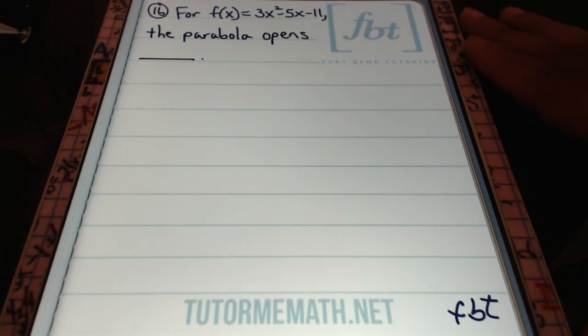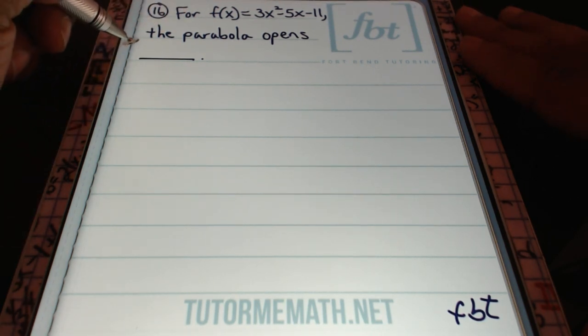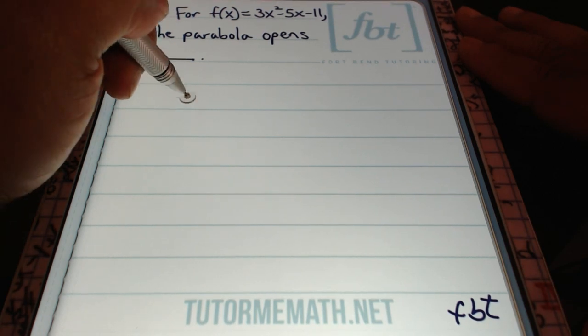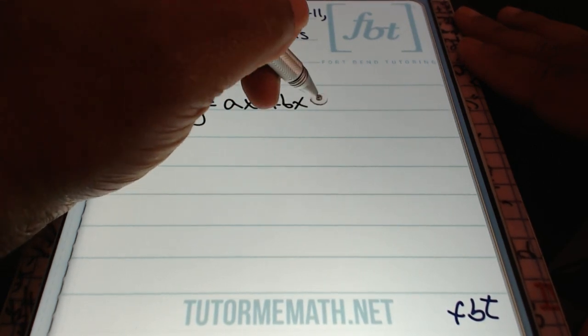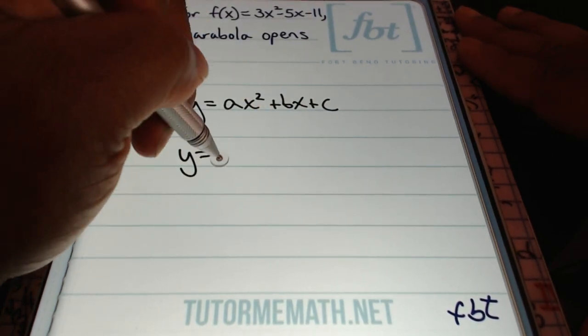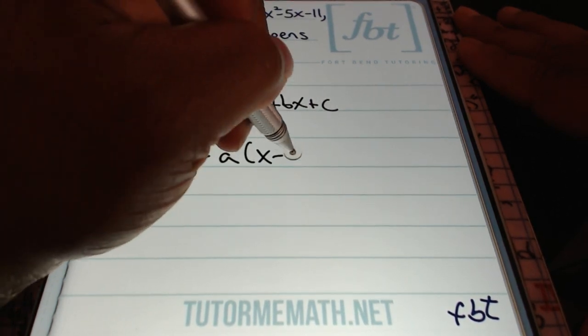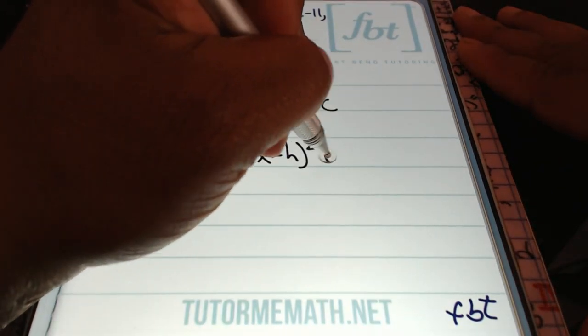It says for f of x equals 3x squared minus 5x minus 11, the parabola opens. Your choices are upward, downward, left, right. What they're referring to in this particular problem is a vertical parabola. We know this because, as I told you before, f of x could be replaced with the variable y. If you have the equation in the form of y equals ax squared plus bx plus c, or y equals a times the quantity x minus h squared plus k, aka vertex form,